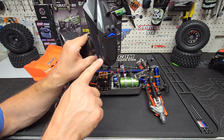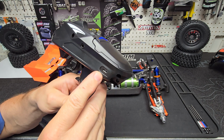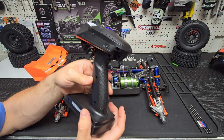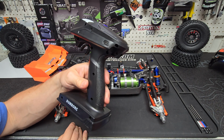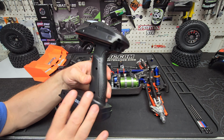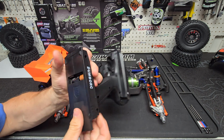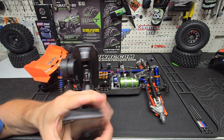You've got a USB-C port here. Actually, no, micro or mini USB right here. This can be used to power the transmitter if you were using some type of power bank or something like that, but you got to be really specific with the voltage on that. So I'm kind of saying, no, don't use that. Just stick with the double A's. There's 4 of them. So yeah, guys,